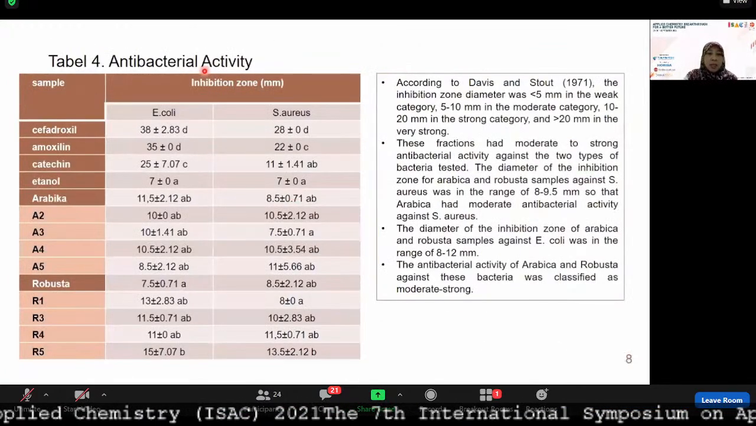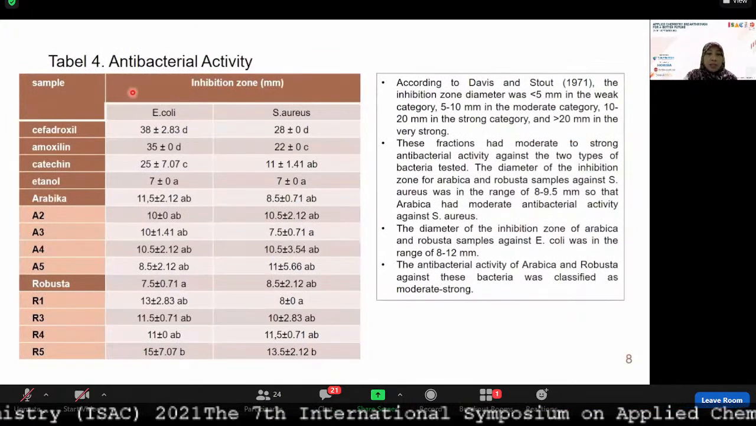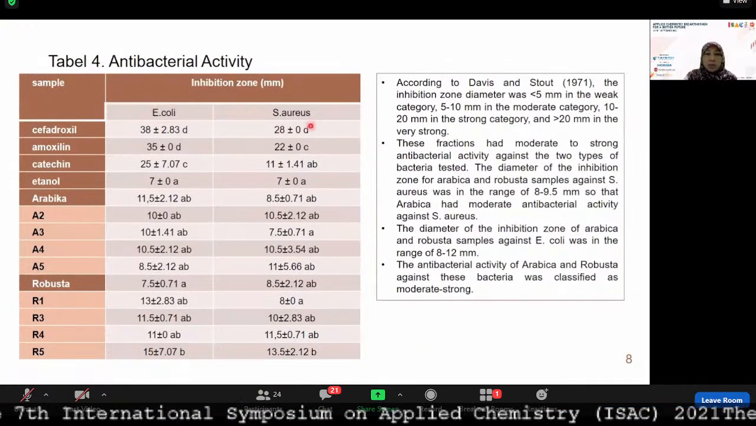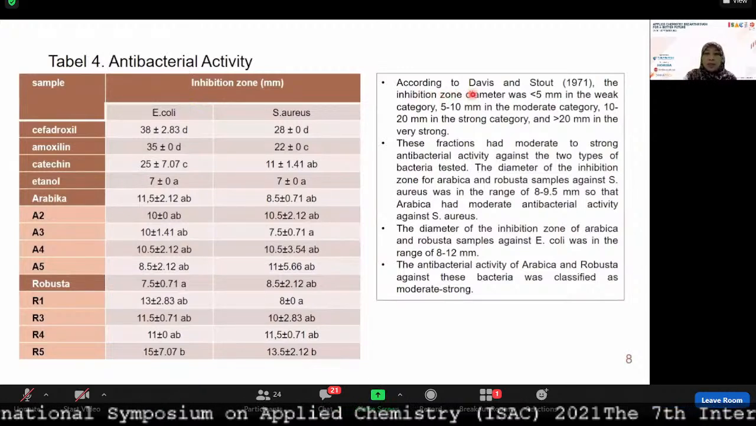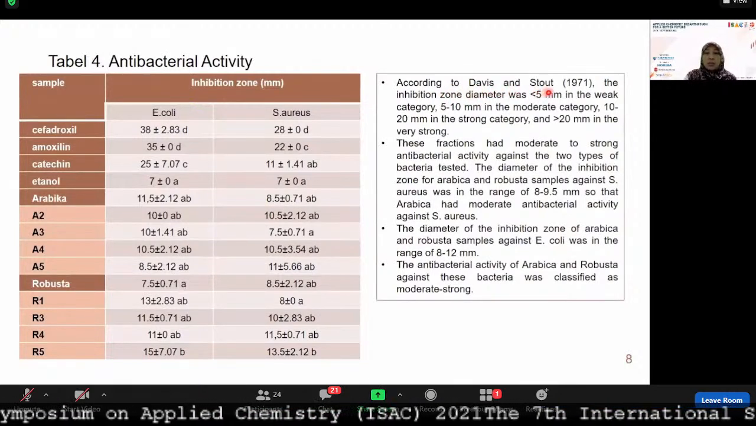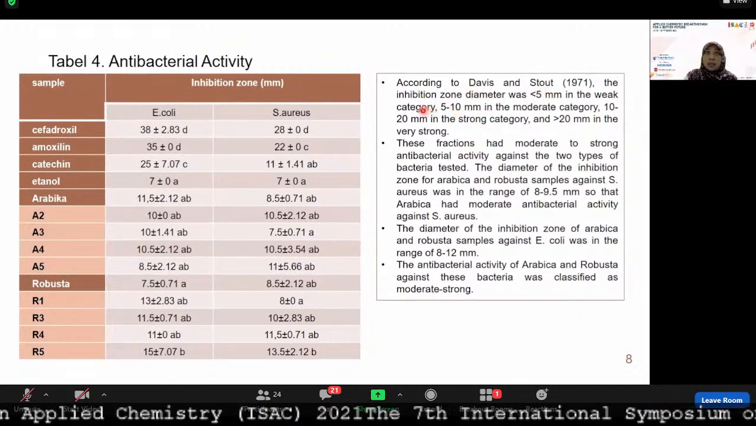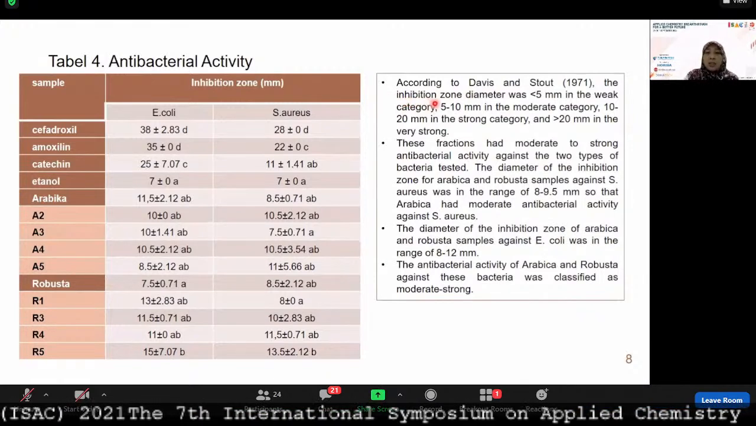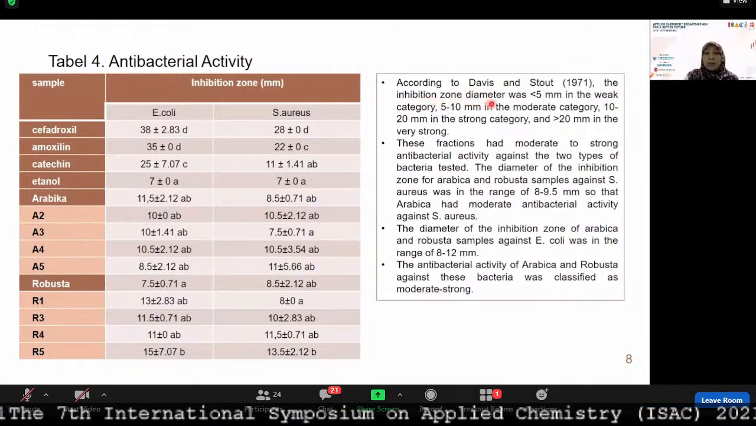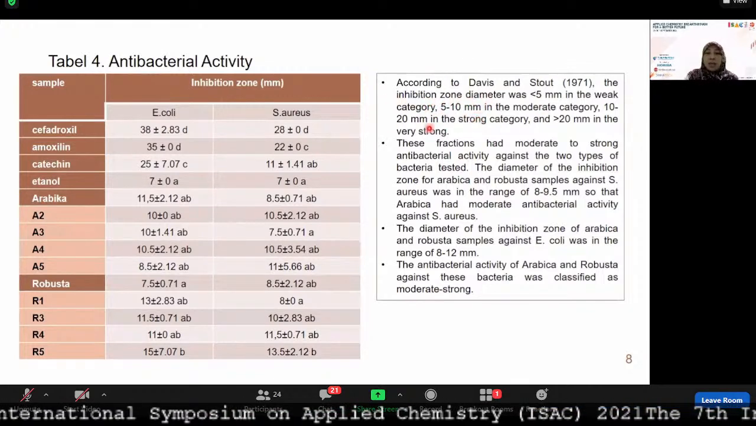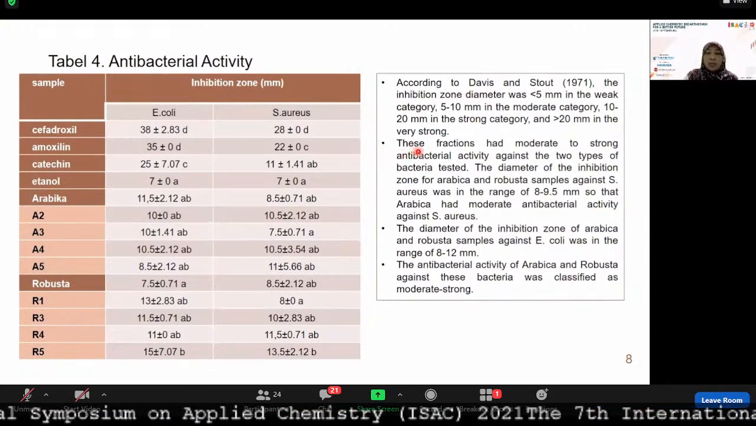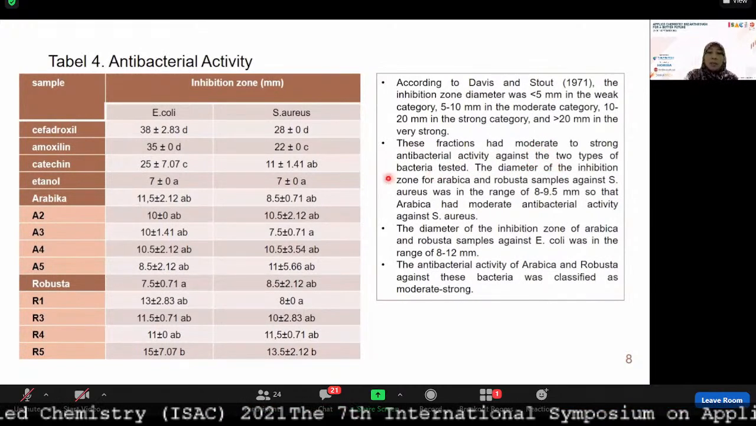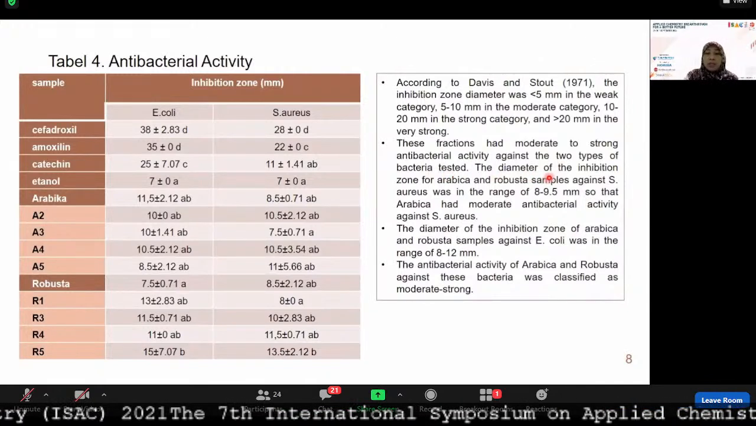Okay, the last is about antibacterial activity. In table 4, we can see the inhibition zone of the fractions for Escherichia coli and Staphylococcus aureus. And according to Davis and Stout, the classification of antibacterial activity is based on the inhibition zone diameter. This is the classification. And we can see that these fractions had moderate to strong antibacterial activity against the 2 types of bacteria tested. Thus, the diameter of the inhibition zone